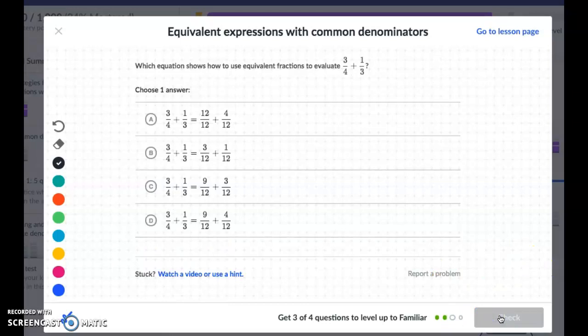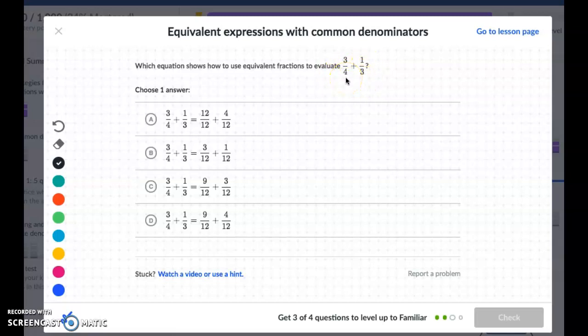Which equation shows how to use equivalent fractions to evaluate 3/4 plus 1/3? Again, they kind of messed you up here by writing the original problem. Here they're just saying this is 3/4 plus 1/3. You can ignore this and go right to here. What they're saying is we have to change these into common denominators. Well, I can't do anything 3 times anything to make it a 4, so I'm going to have to change